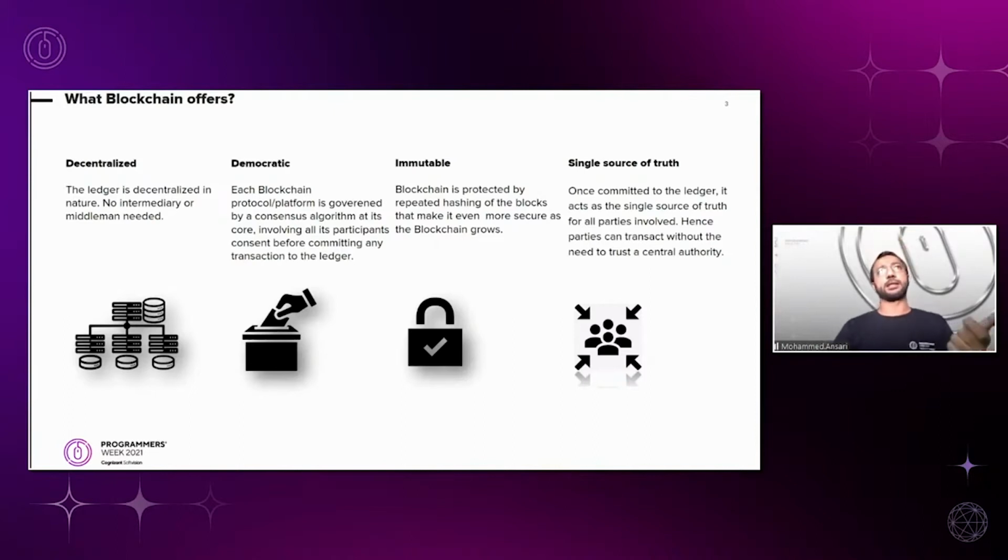So when blockchain is in the picture, it acts as a single source of truth. All the parties involved in the network would basically rely on this data and can, without trusting anybody, unlike in centralized systems, rely on this one source of data that is telling it the state of the data at a point in time.